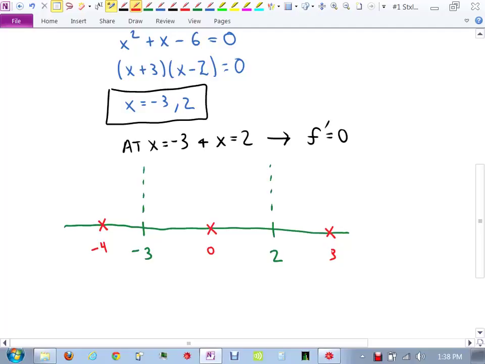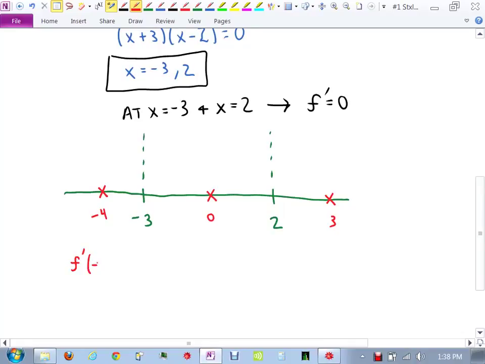I want to see if my function is going up or down over there, right? The way to check that is to take those numbers and plug them into the derivative. Because the derivative is what tells you if you go up or down. If the derivative is positive, you're going up. If the derivative is negative, you're going down. So what I'm going to do is take